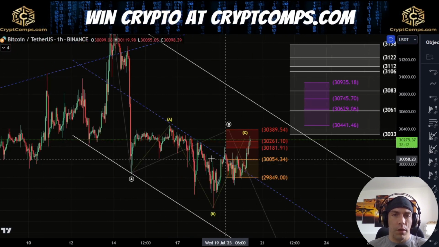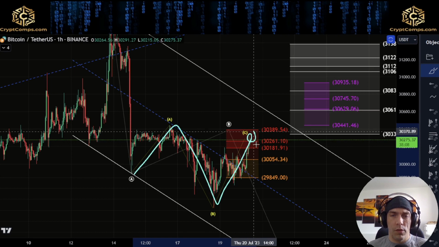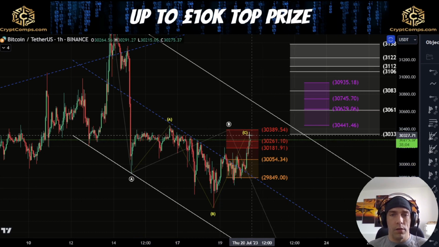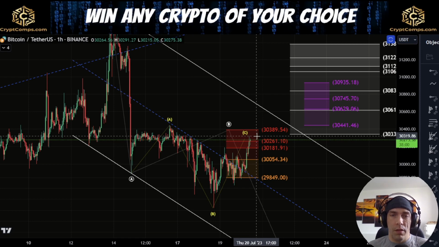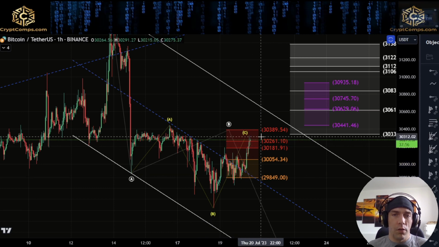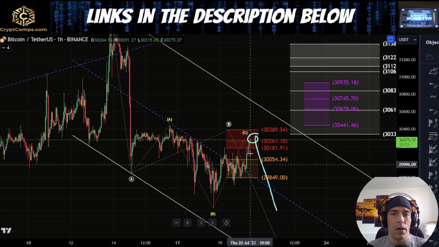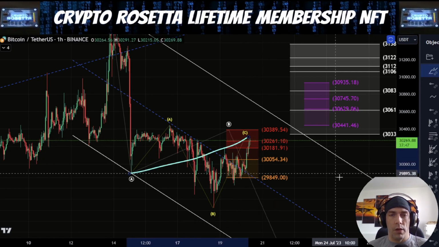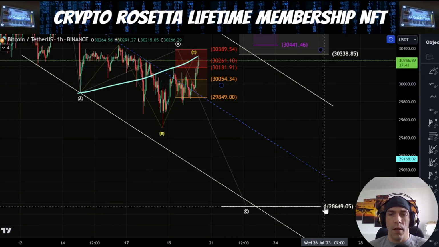All we have here is 3 waves. So I'm just being mindful that this could still just be W, X, and Y, and then we still look to break to the downside. Some areas of interest is this zone that we're currently sitting within. We could actually be looking to complete because we just have a 3-wave move to the upside at the moment. If we reverse from this point and break down past this low over here, it would indicate to me that this could just be a WXY, and we're looking for the possibility of continuation to the downside,